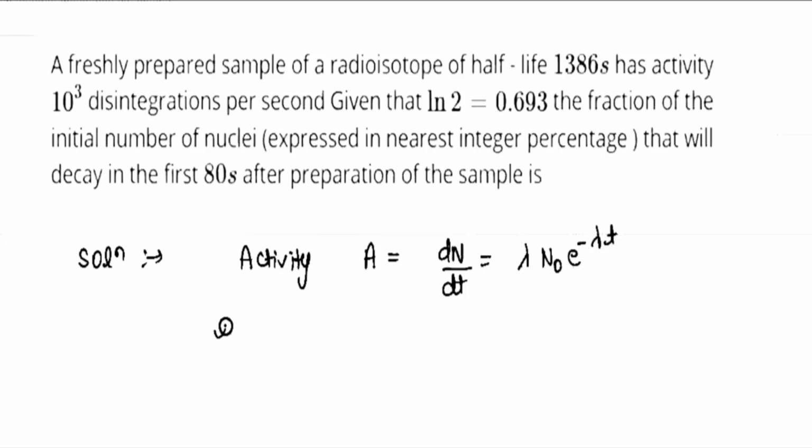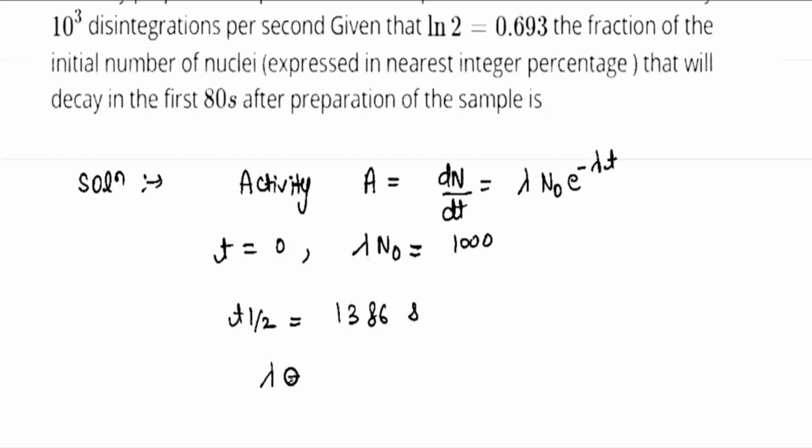So from this we can say that at time t equals 0, we have lambda N naught equals 10 power 3. And we have been given here the half-life is 1386 seconds. So from this we can find lambda equals log 2 divided by the half-life, that is 5 multiplied by 10 power minus 4,